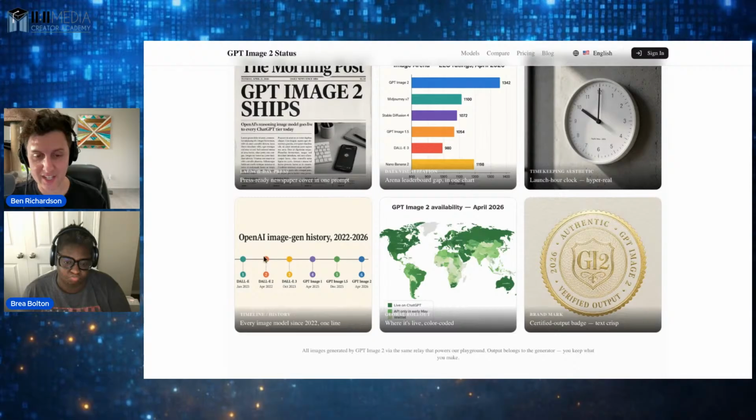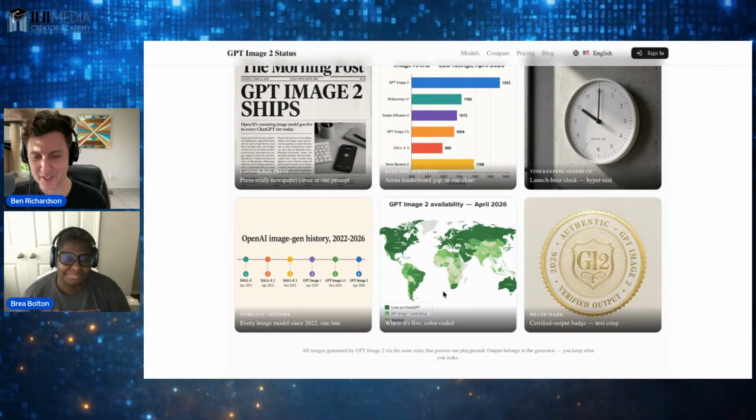And you can kind of see this was actually generated in the model. Every image model since 2022, which I guess you could say is wrong in one line because it started in 2021. So anyway, this is where it's live. GPT Image 2 availability as of April is worldwide. You can see all of North America, and you've got parts of Mexico,